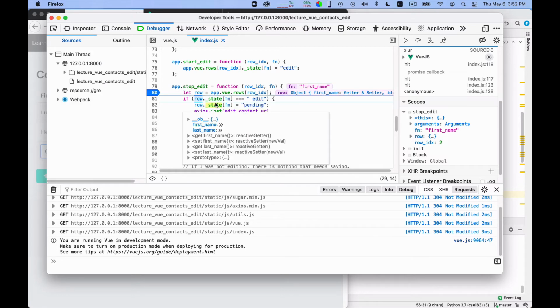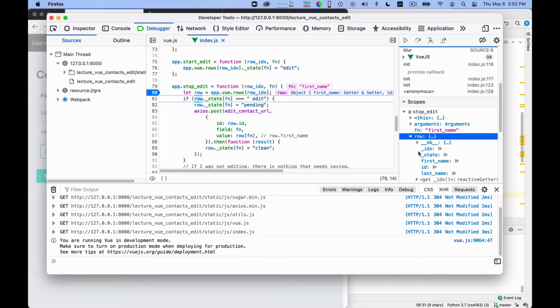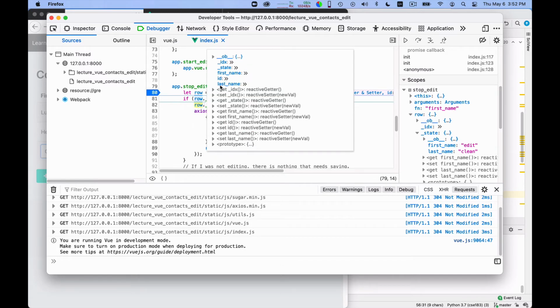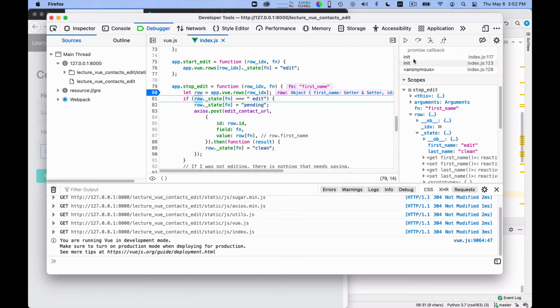Because now I am at this if then else, right? Row has a state which is, it doesn't want to tell me, right? It's a first name that maps to edit and a last name that maps to clean. And now, this if, I would expect it to go through and enter the line after.